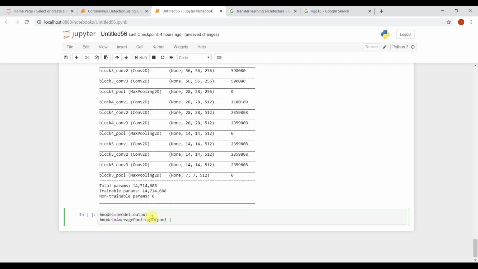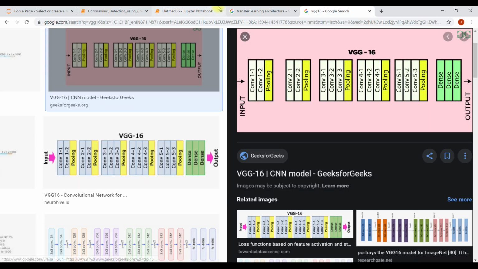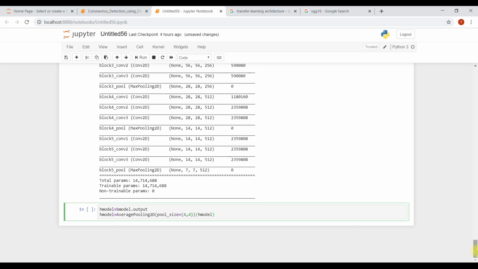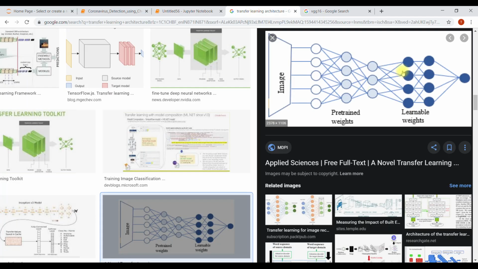Pool size equals, I'll explain, just be with me, 4 by 4, into our head model which we want to create. This is our head model we are creating, and now we are applying the average pooling 2D.